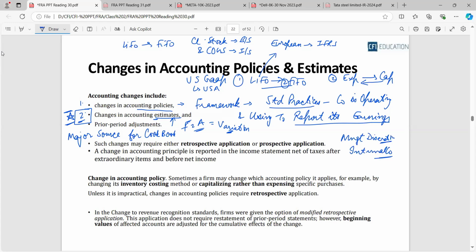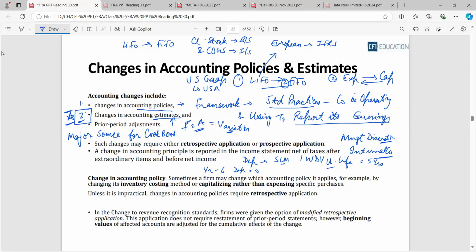And yesterday I showed you an example of depreciation. There were two methods, one was SLM, one was WDV. In this SLM and WDV, if you can recall, I asked you one question. They were having a useful life of 5 years, and I asked you what would be the depreciation in year six. And you told me the depreciation would be zero, reason being the asset life is only 5 years and it won't even survive the very next year. So how should we be depreciating in that sixth year?